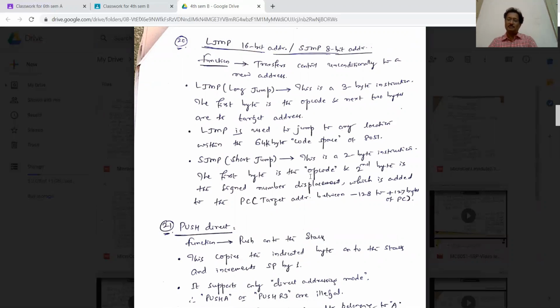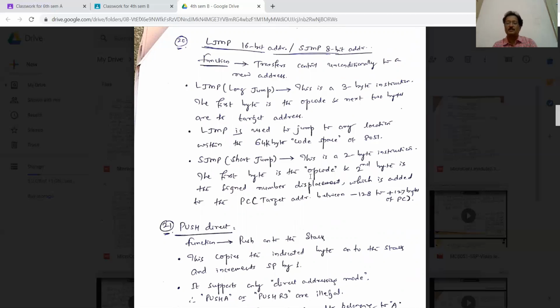But the important thing to be remembered here is the target address is between minus 128 to 127. So that means totally 256, that is 0 to 255 you can consider. The second thing is, if you keep 0 as a reference between left and right side, it is minus 128 to 127.